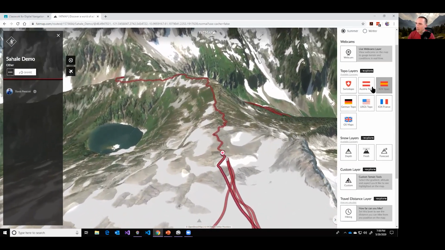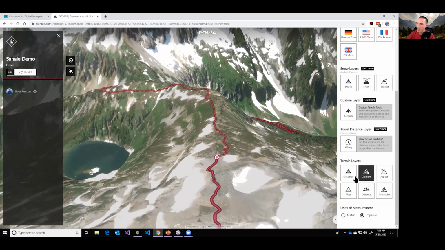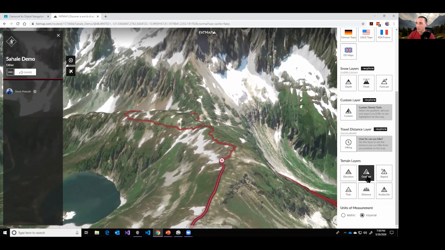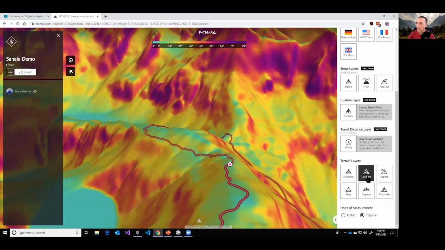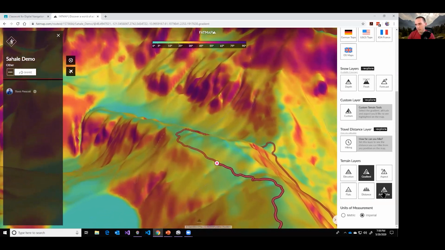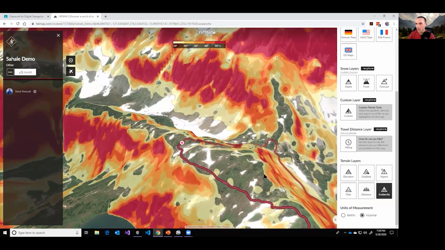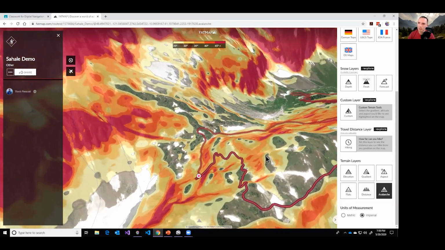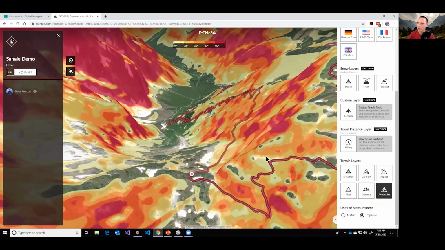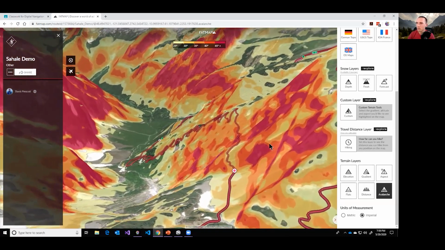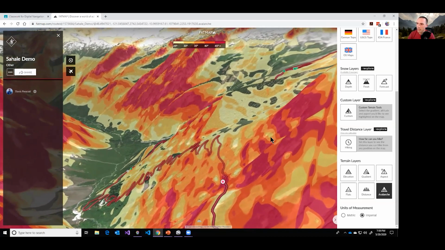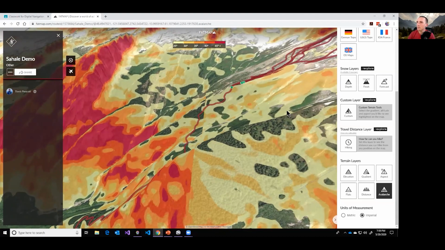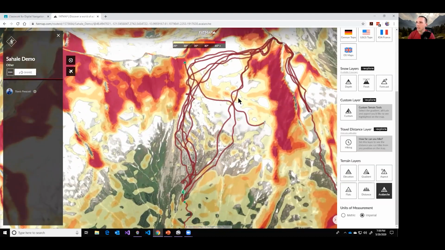Most of these layers are behind a paywall, but the ones that aren't are here at the very bottom, the terrain layers, and I can turn on things. The two that I find useful are the gradient and then the avalanche. I think avalanche is a misnomer, definitely, but I like it because it's a little more clear cut. Gradient means everything blends together, which I don't find works for my eye. And the avalanche layer is a little more